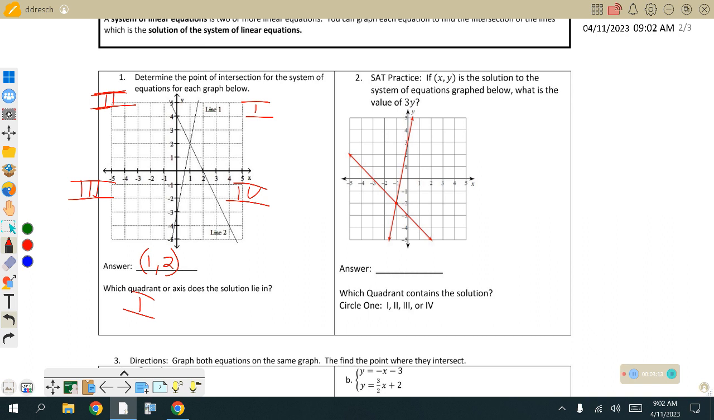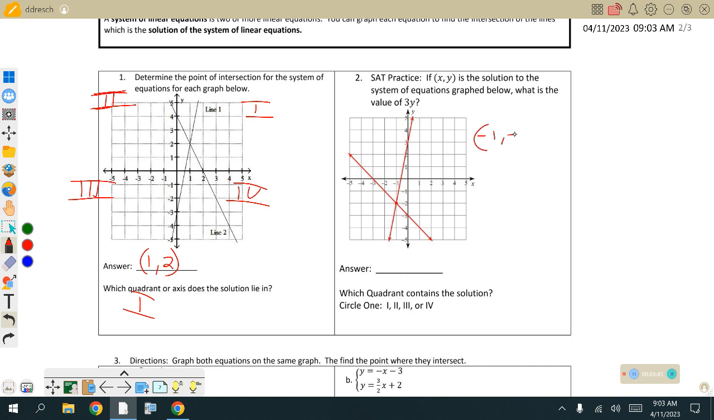This is usually the kind of question that the SAT will ask you. So let's take a look at question 2 with it. If (x, y) is the solution to the system of equations graphed below, what is the value of 3y? All right, so we have to again know how the SAT asks its style of questions. When we look at this one here, what is the intersection of those two lines? What's the intersection? -1,